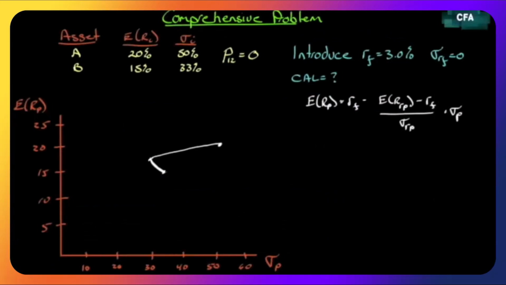Okay, so here we are with our same two assets. Correlation is still 0. Here is the efficient part of the minimum variance frontier, and here's our whole minimum variance frontier that we've drawn out. That's where we left off. That's where we were able to get to. Now we're going to introduce a risk-free asset that has a risk-free rate of 3% and, of course, 0 variance because it's risk-free. So the capital allocation line looks like what?